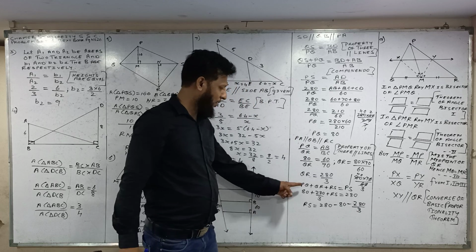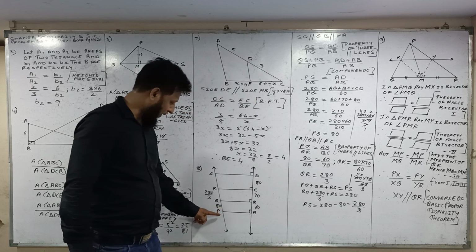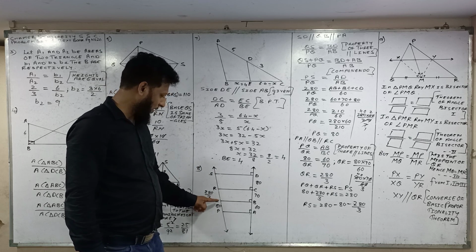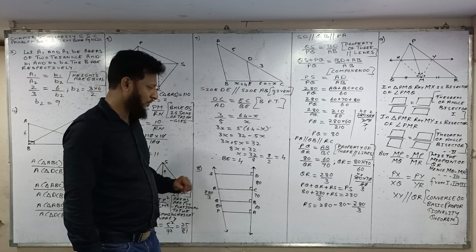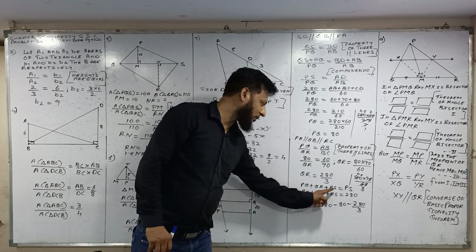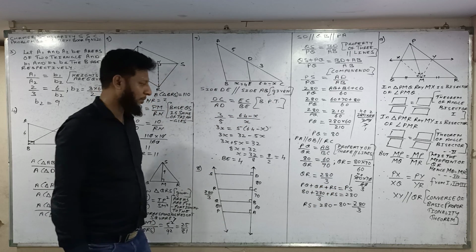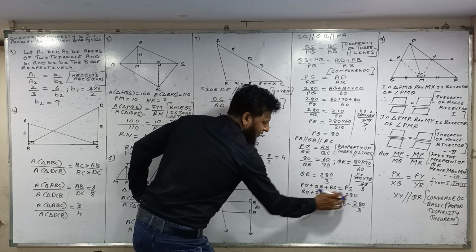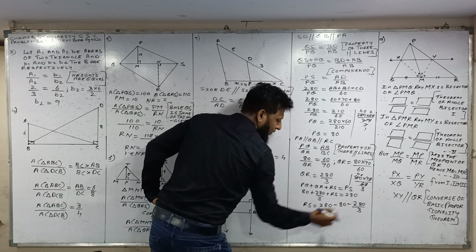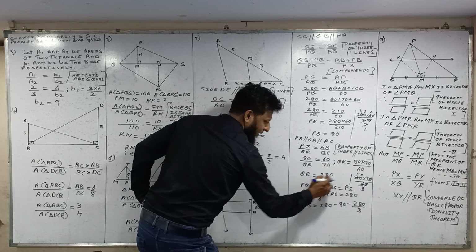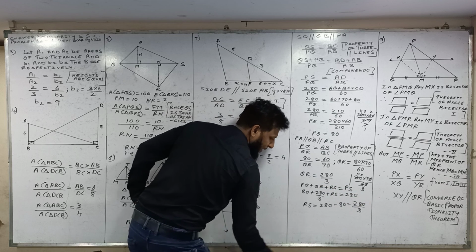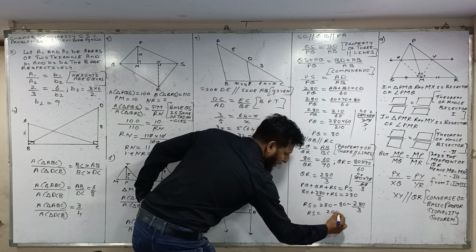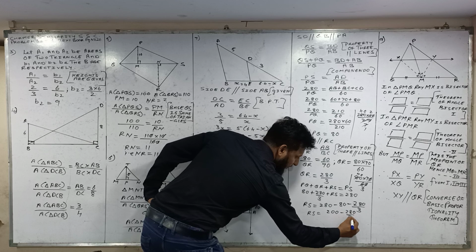Okay, so PQ plus QR plus RS is equal to PS. In the diagram, PQ plus QR plus RS is equal to PS. Put the value. PQ is 80, QR is 280 upon 3, and RS we have to find out, and all three values are equal to PS. Okay, so now left hand side RS as it is, right hand side 280 as it is. These two values will come here. Plus 80 will become minus 80, plus 280 upon 3 will become minus 280 upon 3. RS is equal to 280 minus 80 will give you 200, minus 280 upon 3.